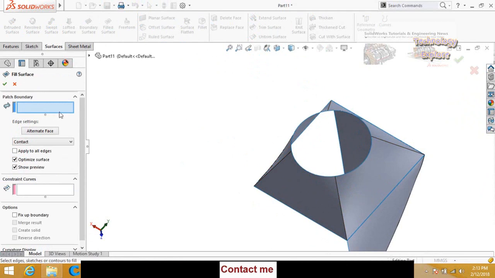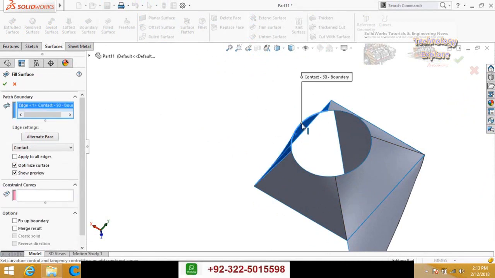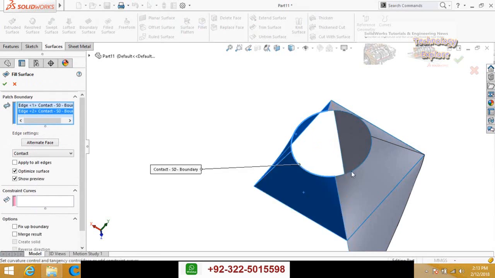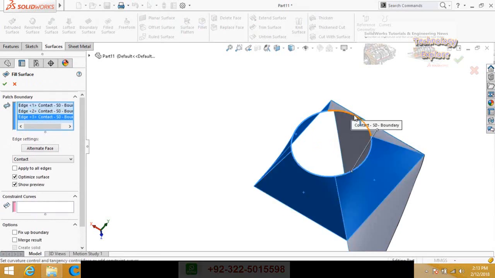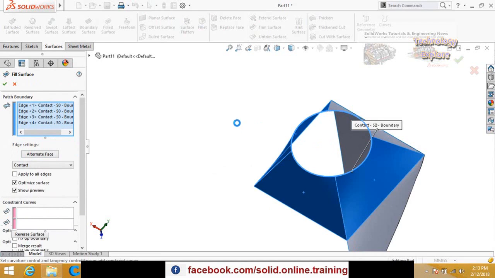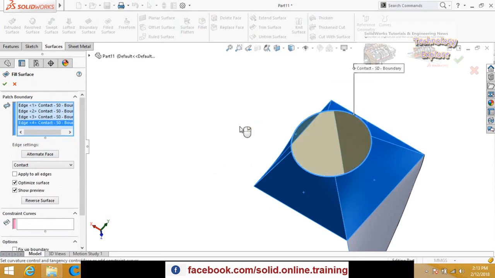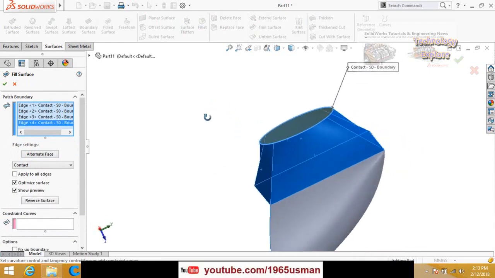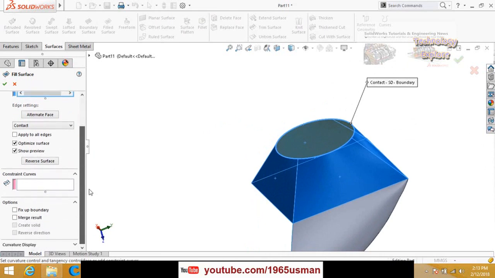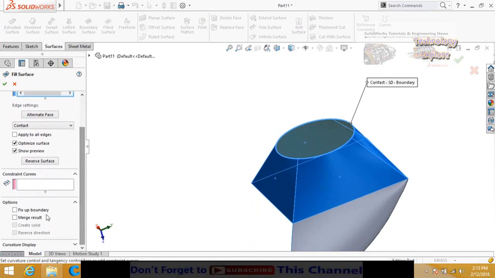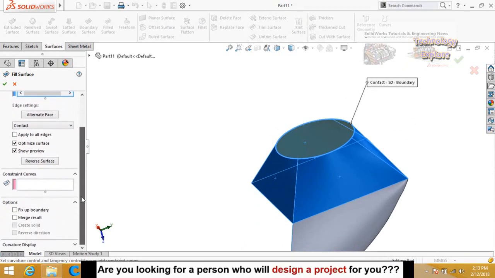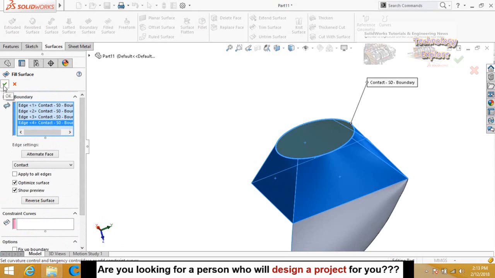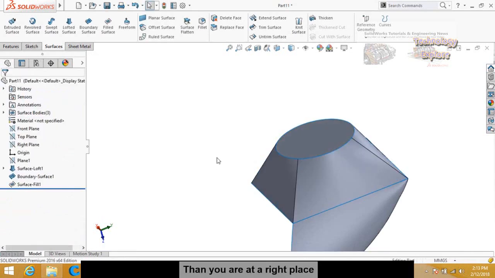Click on it and then select this box and then this circular edge. See, we had created a surface, or we had filled the surface on this circular edge. Then we have the options here for this filled surface. So when you press OK button, this command will be applied.